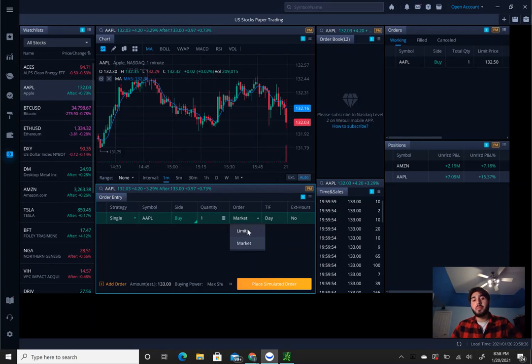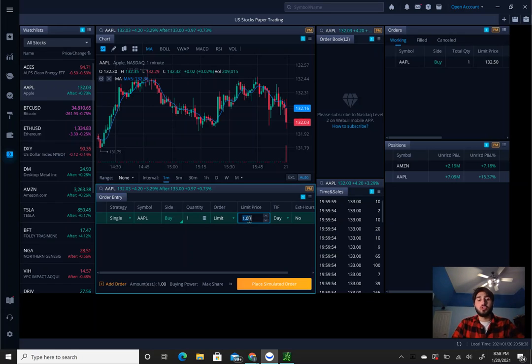I usually tend to do limit, and I usually see what the price is. If it's 130, I might do a couple dollars below or a couple cents, like maybe 50 cents. So I'll just put it at 132 for this case, $1 below. Now,